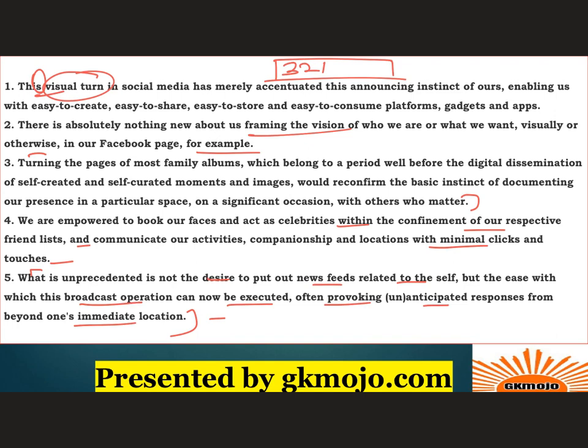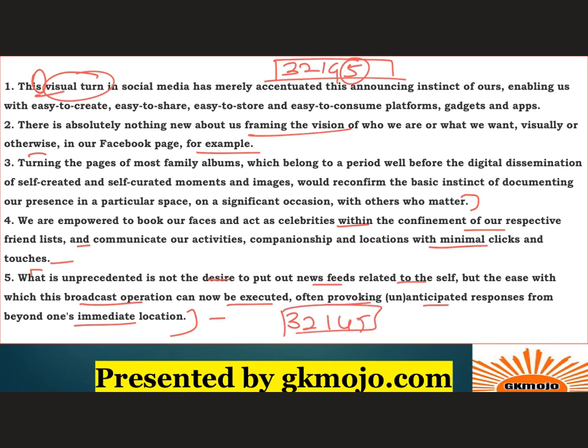So now we come down to the fourth statement. Have a look at it. Four explains how Facebook has accentuated our announcing instinct. All right, it is explaining how this has instigated or accentuated our announcing instinct. So four should come after one, and definitely we had already seen that five is a concluding statement. So any which way, even if you are not able to decide between four and five, you should know that five is a better concluding statement. So five will come at the last. So definitely only one place is left for four. That is the fourth place. So the correct sequence is 3, 2, 1, 4, 5.